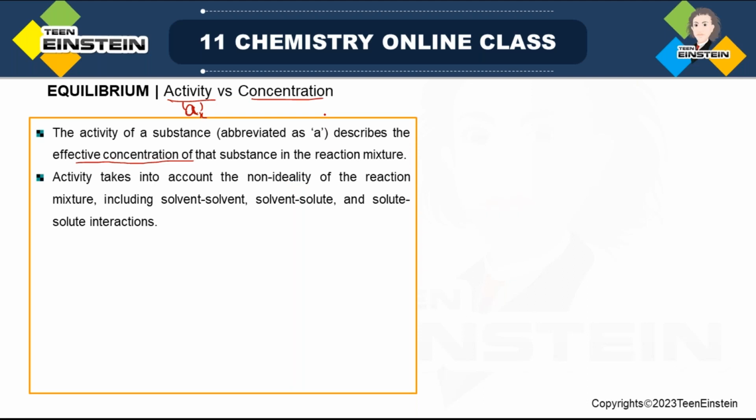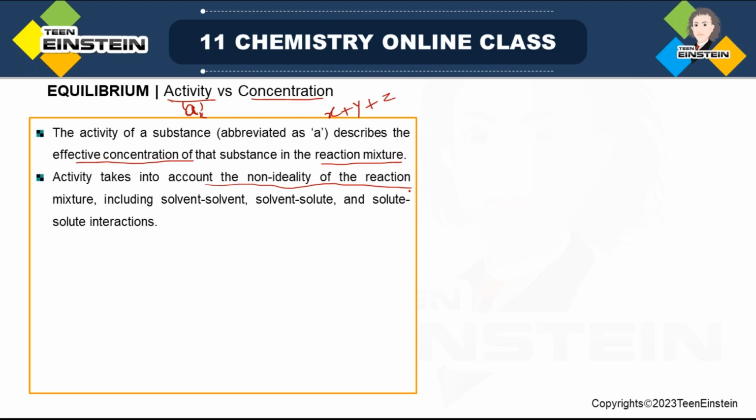But suppose you have mixture of some species. You have X, it is mixed with another substance Y, it is also mixed with Z, and also there is some substance, solvent. They are mixed in solvent. So now it is as if present in reaction mixture. Now what happens when X is present in lone state and when it is present with some other species? Obviously its behavior is different. Now ideally we cannot use the term concentration. That is, I'm talking about ideal case. Now you should use the term activity. So activity takes into account the